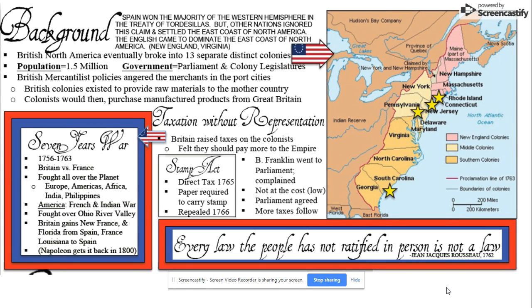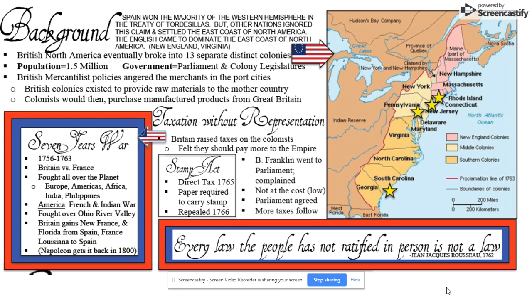Okay, background to the American Revolution. This one shouldn't be as long because y'all should know this from 8th grade, hopefully. The big causes of the American Revolution date all the way back to the 7 Years' War, which is the French and Indian War in America. But the 7 Years' War was basically Britain and France. They were fighting all over the world, and Britain ultimately wins, but it does cost them a lot of money.